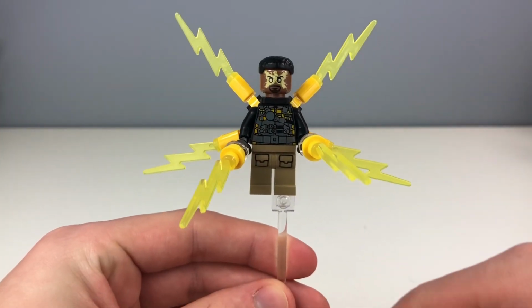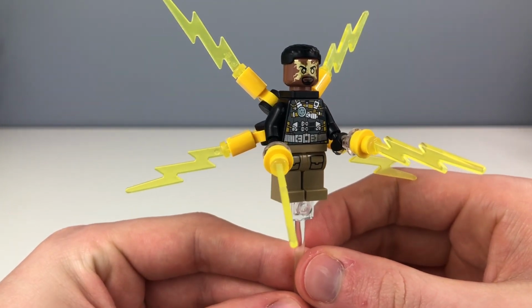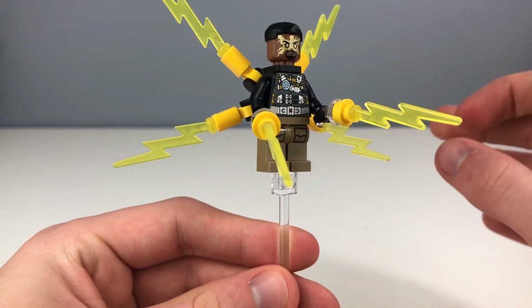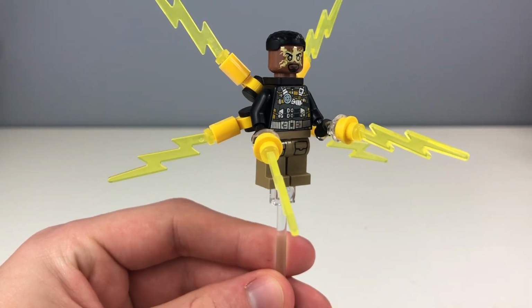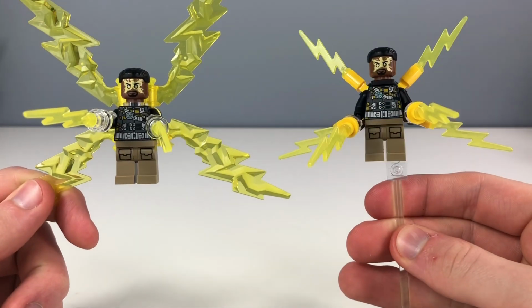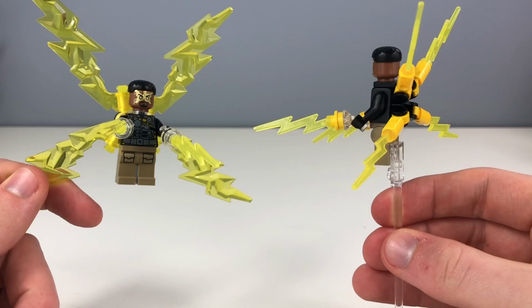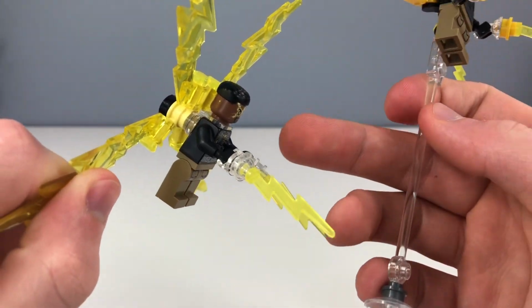Up next in the set, we of course have Electro, which is the exact same figure from the No Way Home Final Battle, with just a bit of a different accessory build here for both his handheld lightning as well as the mounted lightning on the back. For a side-by-side here, we have the one from the No Way Home Final Battle, and here we have the one from the Sandman set. Of course, this one is a bit smaller, and this one has, I'd say, a better